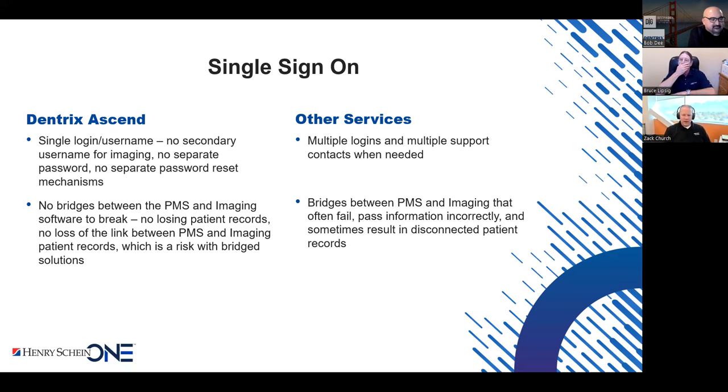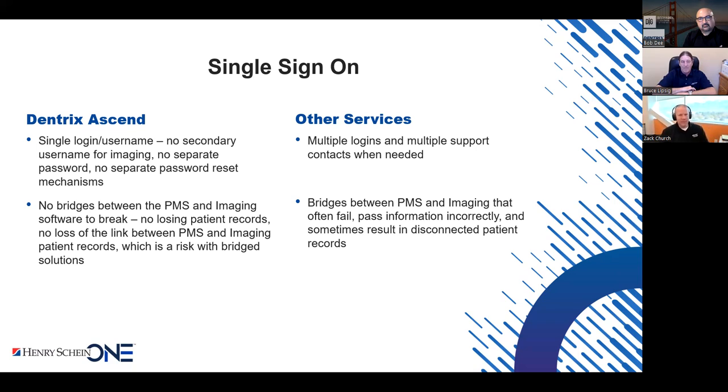Yeah, you bet. And you kind of mentioned this before, but not having to have a separate username and password like you log into the application, because you have to have security. We have HIPAA, we have patient privacy, and so having to log into your practice management system, and then as you bridge to the other system, having to log into that as well is inconvenient. You have to remember multiple passwords, and so separate password reset mechanisms,